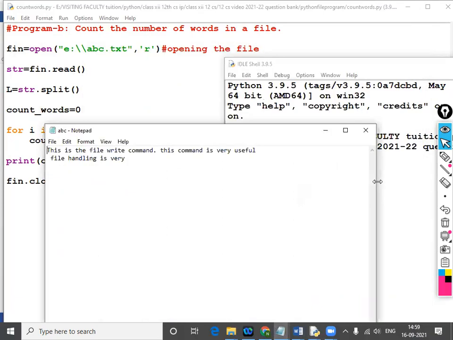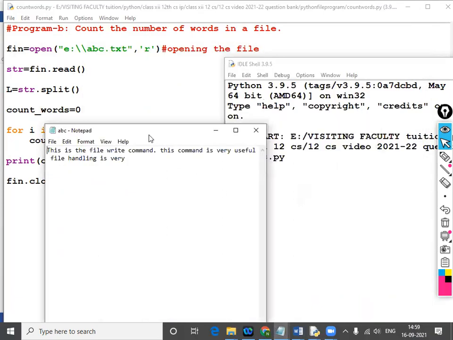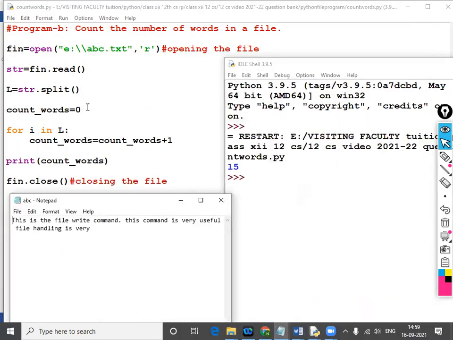Now all three things are there. First, this file is there in the E prompt. It is in readable form. Why is it in readable form? Because we have already written in W mode.